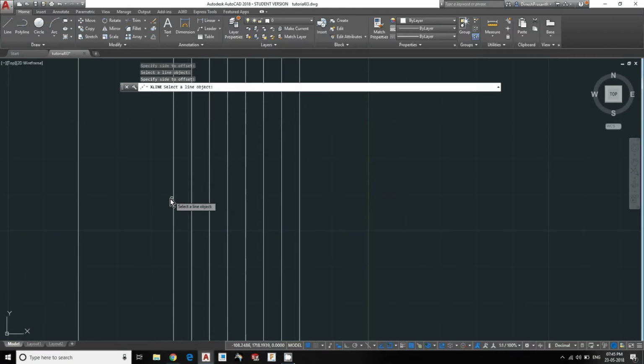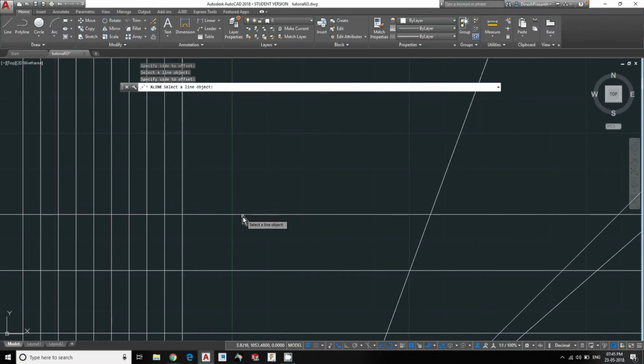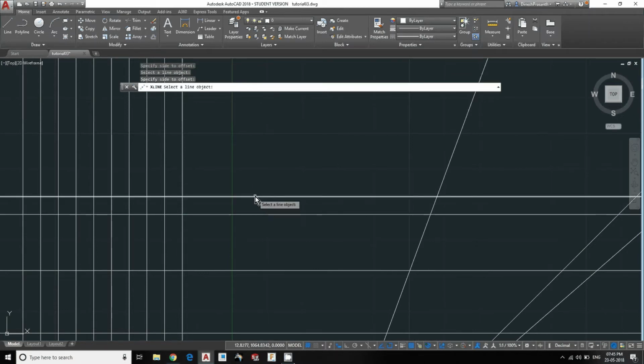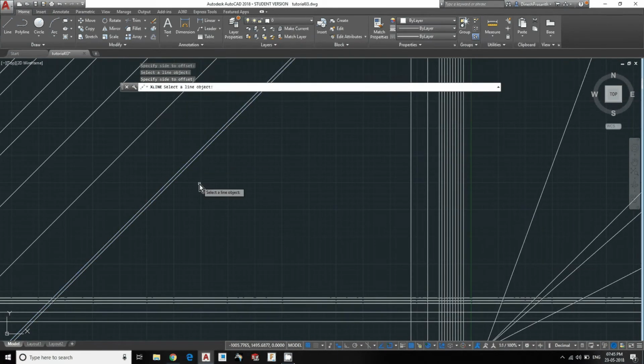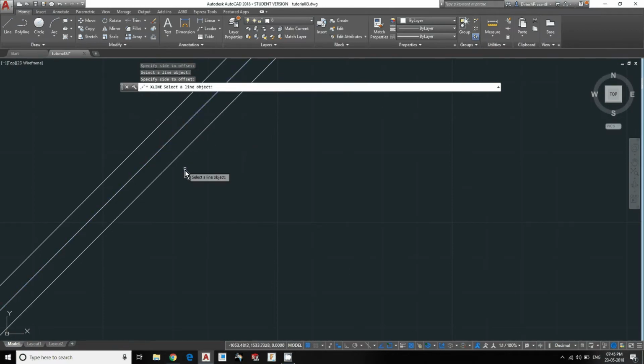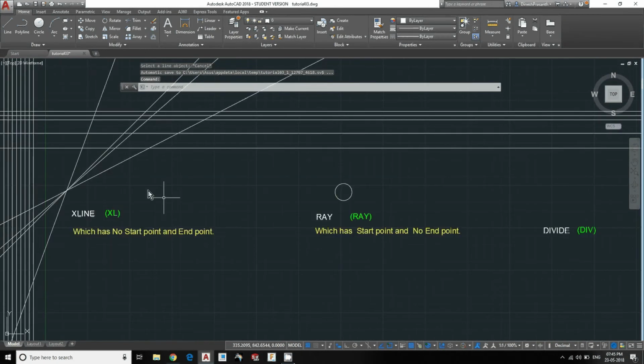If you click on a reference line and keep the cursor on the left side, your offset line will be created on the left side. If you keep it on the right side and click, you will get a right side offset line. You can also create an offset from a horizontal line. Wherever you click as a reference, you will get it, even at 45 degrees. This offset function will be useful. I will show an application. This is how